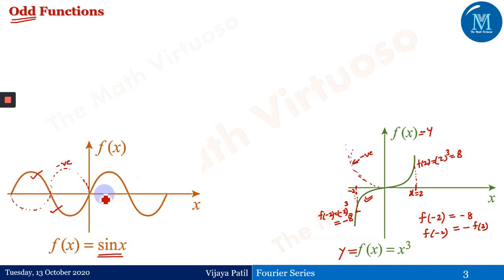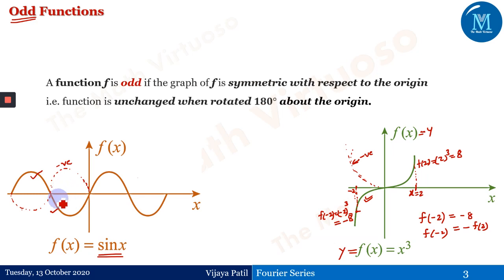And that is why it's known as symmetric to the origin, or otherwise the function is odd if the graph of f is symmetric with respect to the origin. That is, the function is unchanged when rotated 180 degrees about the origin. So this is also the same thing. What exactly I have done here is taking the symmetric curve and then taking the negative. I have just flipped this curve, or rotated this particular curve 180 degrees. This is the first 90 and then another 90 degrees. So this is what we have done here also, in the dotted line, and taking the negation.